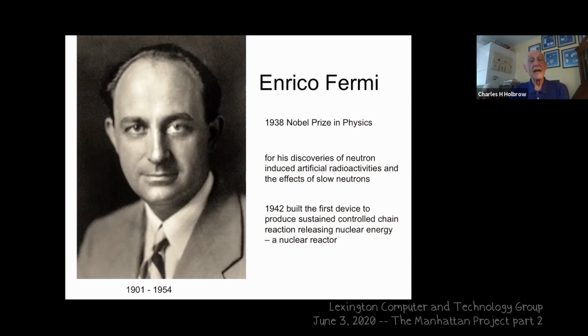And the Allies made several raids, one quite disastrous, to try and destroy those supplies of heavy water so that the Germans couldn't get them. In the end, they succeeded. It's a nice story, but I'm not going to tell it here. Anyway, that's the idea of the moderator: if you slow down the neutrons, you might be able to make a sustained chain reaction with